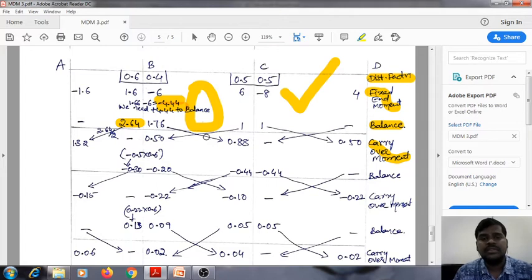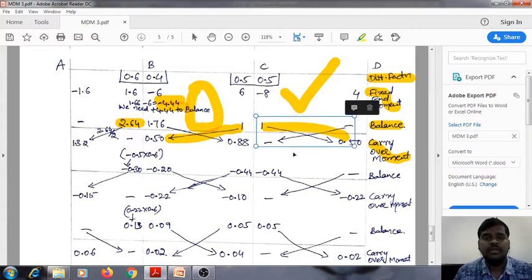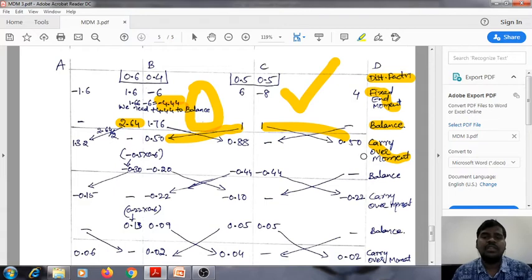So 1.76 divided by 2, this is 0.88, and 1 divided by 2, it is 0.50, and similarly this, and also we don't have this. Next, after this, we have to add all the moments, that is minus 1.6 plus 1.32 and 1.6, and also here nothing is there, and minus 6 plus 0.50. Likewise, if we add 6, 0.88, minus 8 and nothing, 4 and 0.50, we have to get the same magnitude moments at B and C.